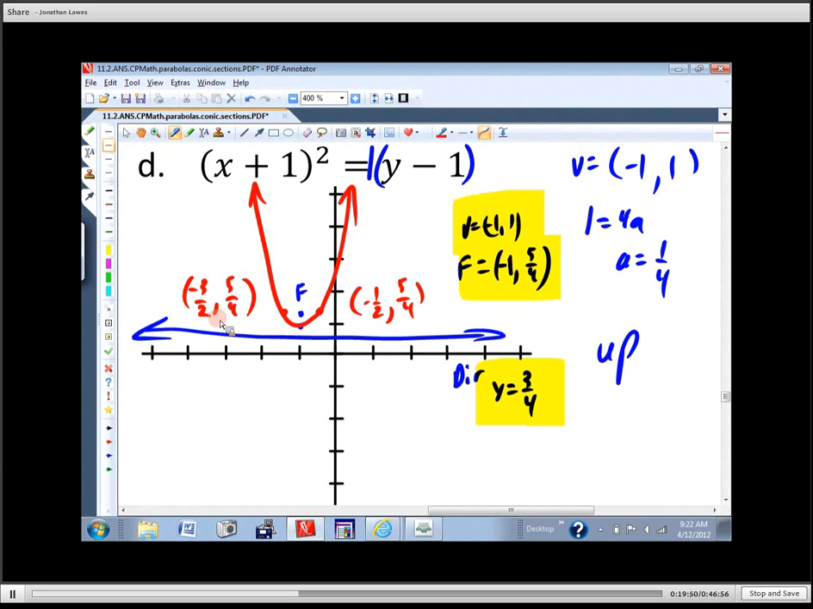Okay, take a good look at this. Is everybody all right with that? Everybody convinced we know what we're doing here? Okay,